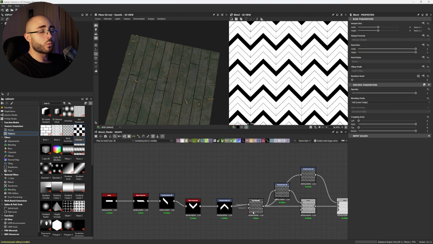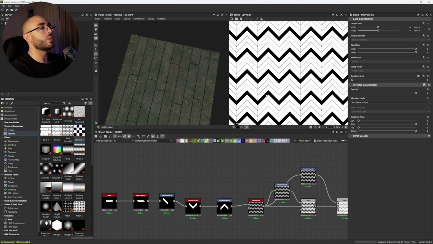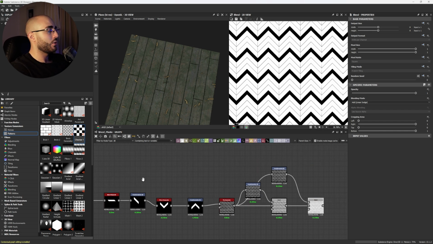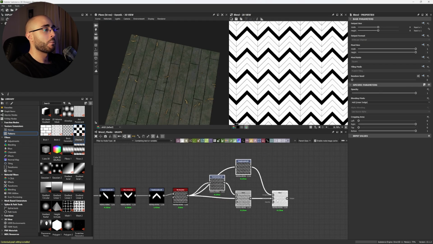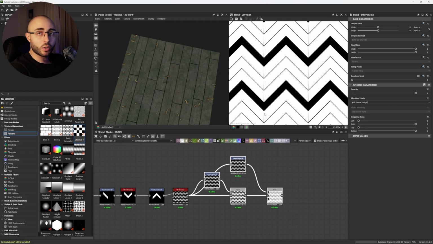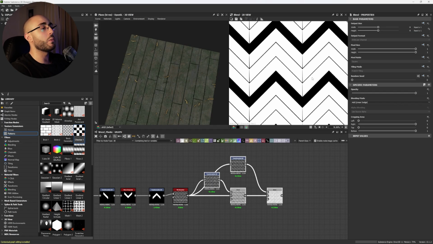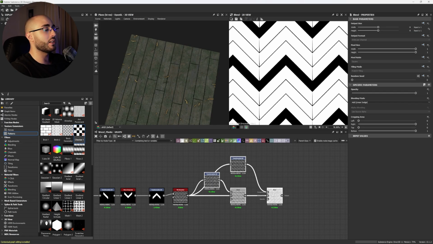The next wood pattern I wanted to make for you was actually this one, but as you can see, I failed. I didn't manage to make it in time. So yeah, sometimes you don't get to do everything. Even if you are a professional, you can fail, and that's all right. Now, I'm gonna keep working on this to give you exactly how to make this pattern. I'm missing just one part, and this is not gonna go this way, but I managed a way to make